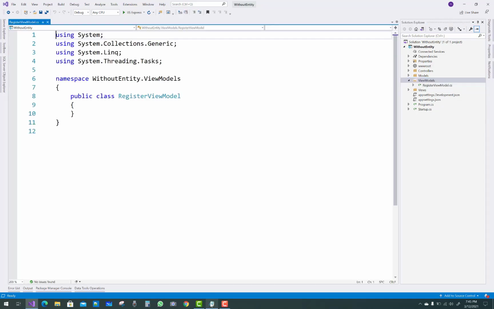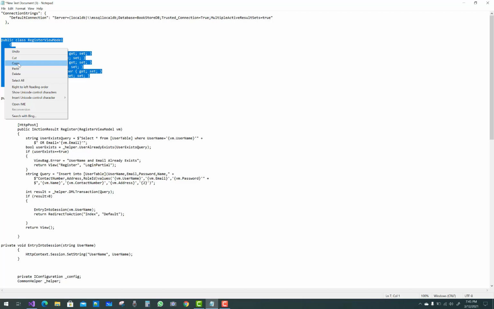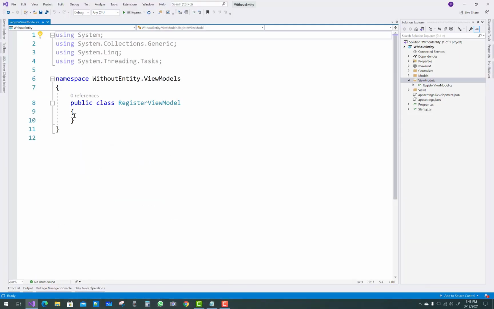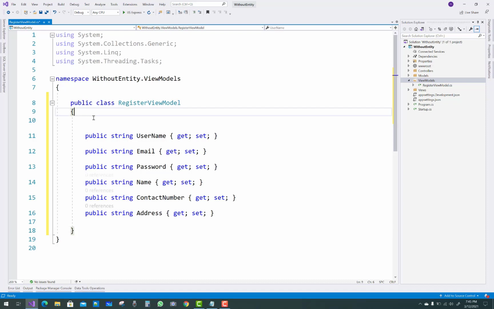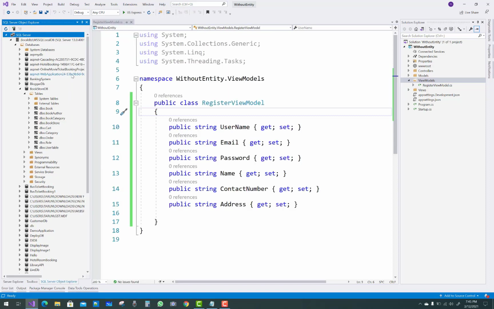Inside that class you have some properties, or you can just replace them with these properties: username, email, password, name, contact number, and address. These properties, or fields, actually exist in the database table.